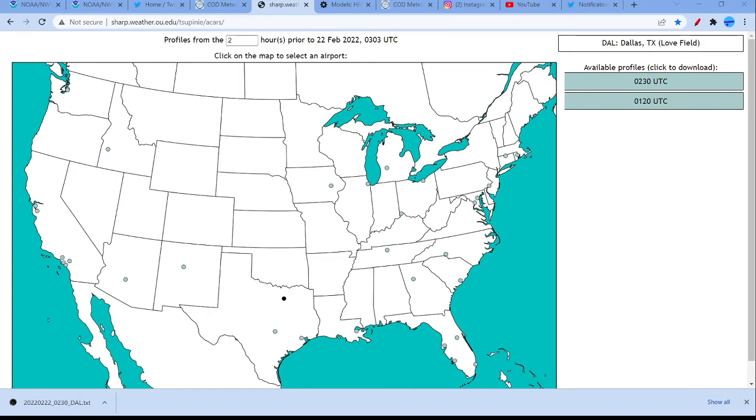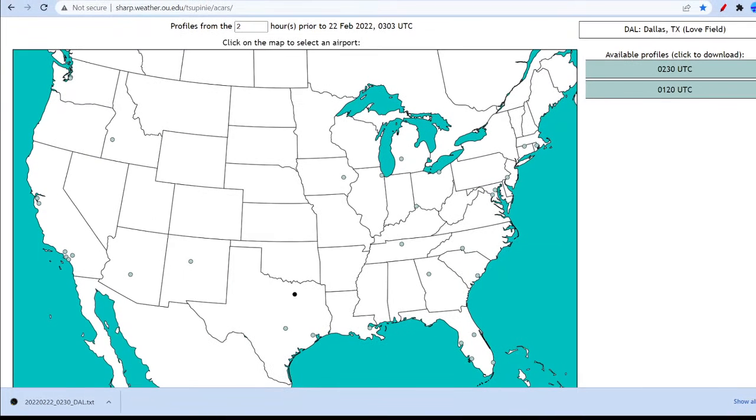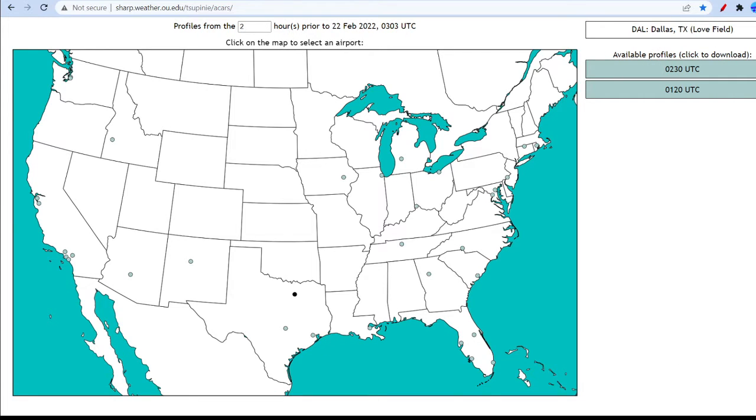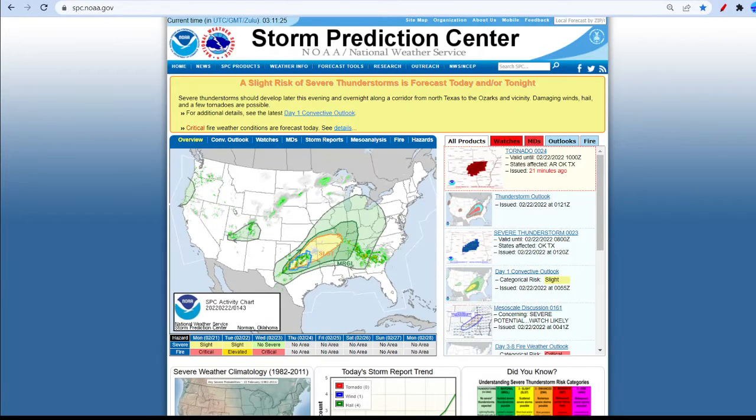Let's go over to my tab on Google Chrome. Oh yeah, I was just opening some sounding fields here. We'll close all this, and we're going to mainly be talking about kind of the severe weather for the first